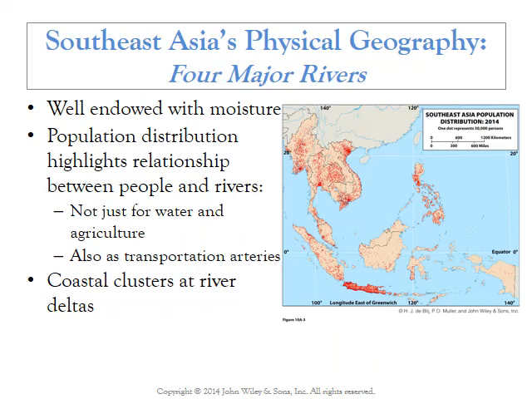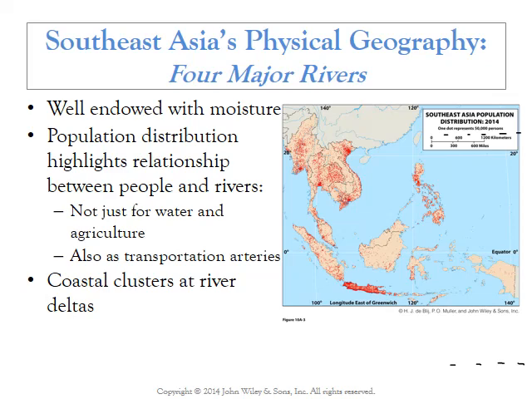Okay, notice that Southeast Asia falls within the tropics. The tropics being officially defined as being 23 degrees north of the equator, which is the Tropic of Cancer, and 23 degrees south of the equator, which is the Tropic of Capricorn. So certainly the Southeast Asia region falls within the tropics. Therefore, it's tropical. Therefore, it means a lot of rainfall. So we're not really talking about any desert regions here.